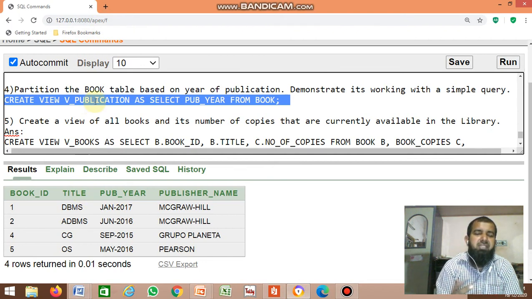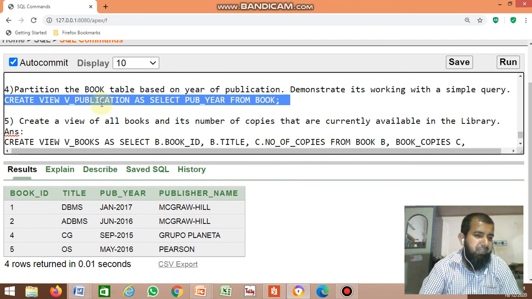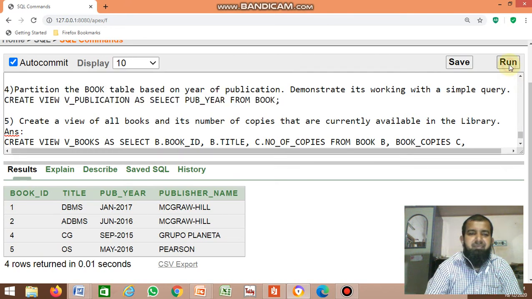Create view, it creates what? One more view table. Clear, no? So it's not necessary to create the table once again. Automatically, by using the create view command, it creates a view table and selects this publication year including the values. Okay, just run it.